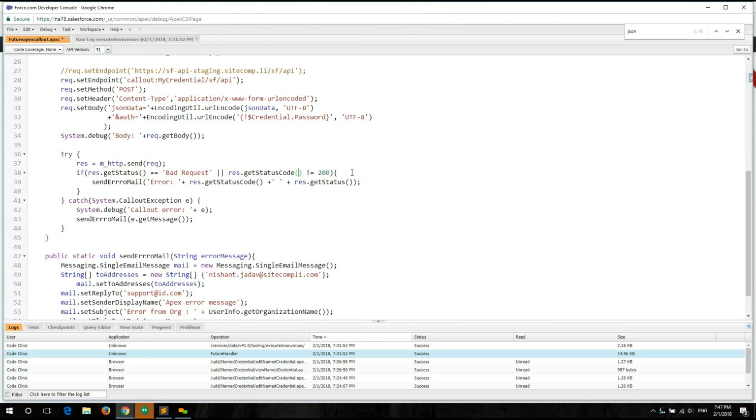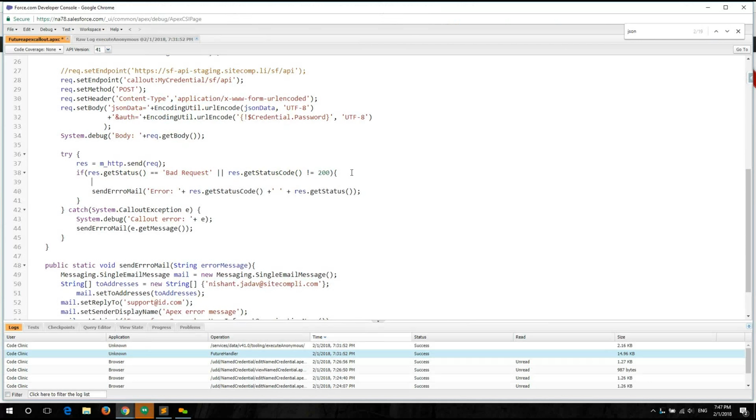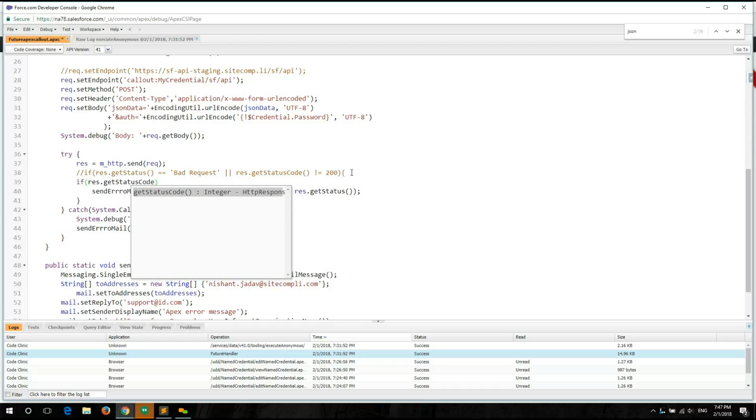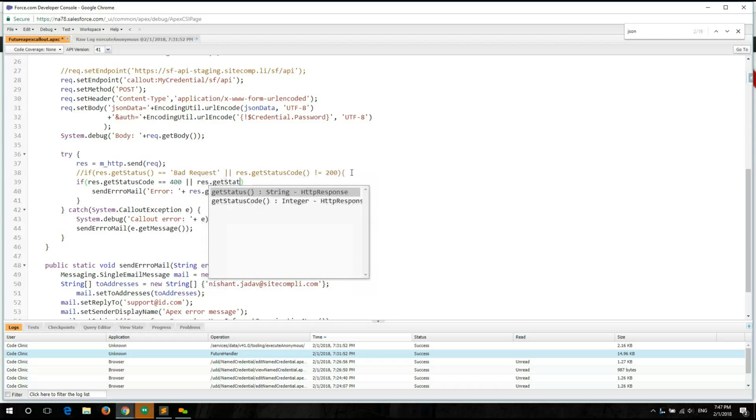But exactly, if we wanted, we could replace this line with if response.getStatusCode is equal to 400, or